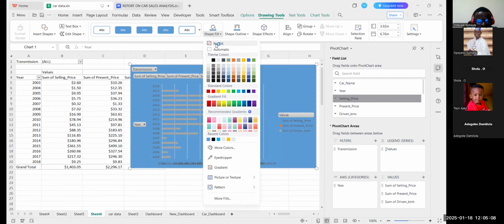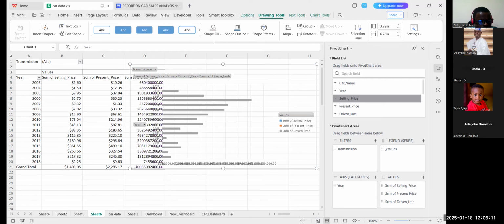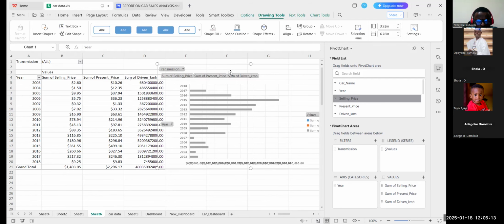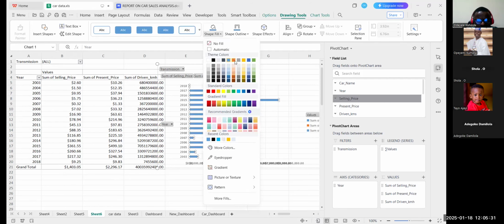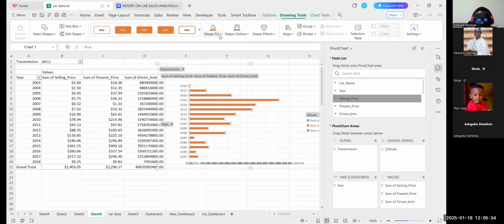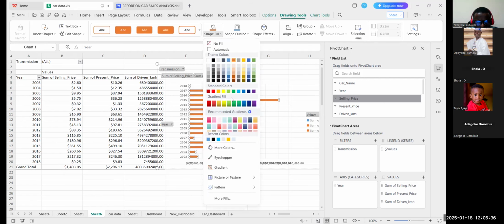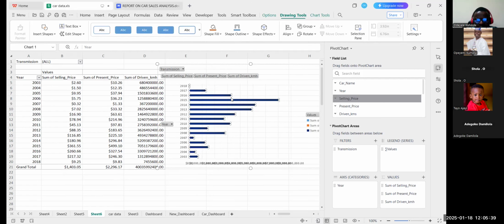This is field, we don't need this. We want to format the columns we have in that chart. You click on this, so you can change the color you want to use. Can you see that? If I want to select the color,